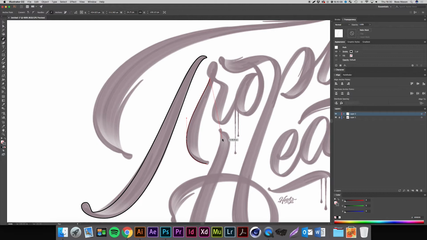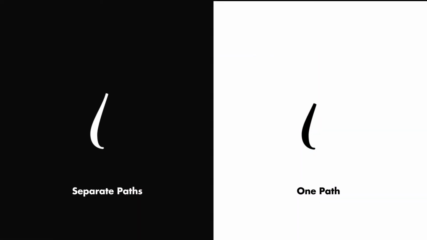And this is also a very important bit. So we have come to the R now, and this is especially important for when you come to vectorizing your hand lettering. Now, any overlapping paths, when it comes to animating it, basically you can't have any overlapping paths, because then when you animate it, it's not going to give it a smooth look. It's kind of hard to explain,